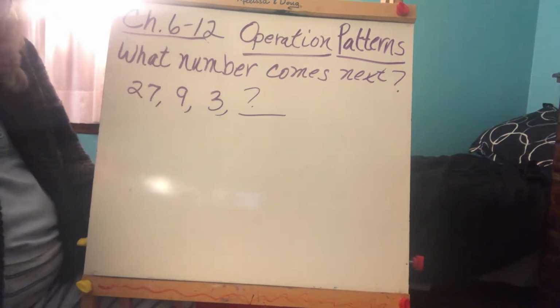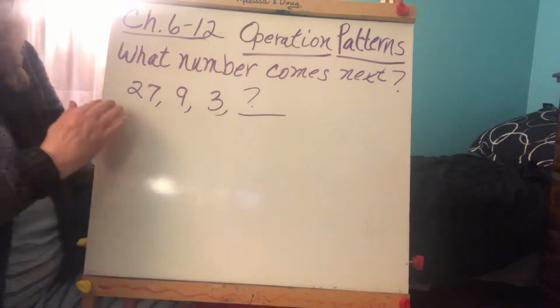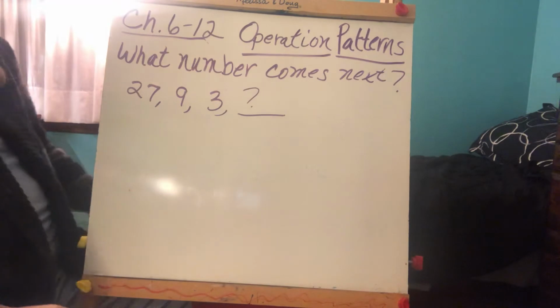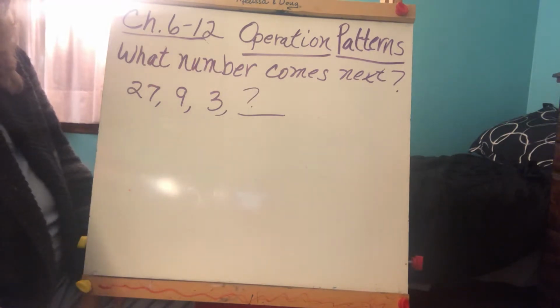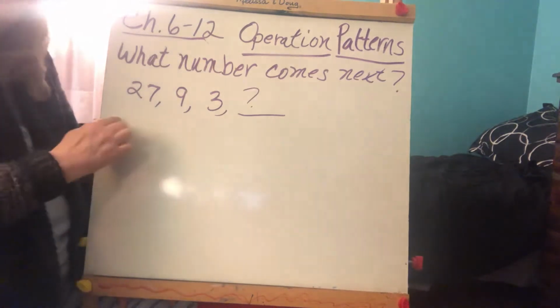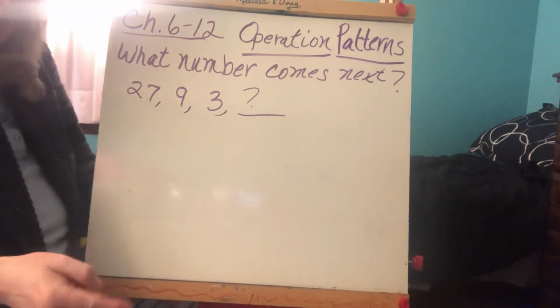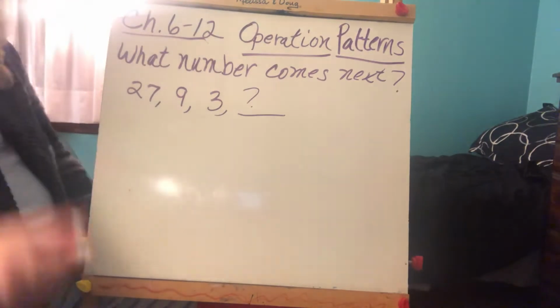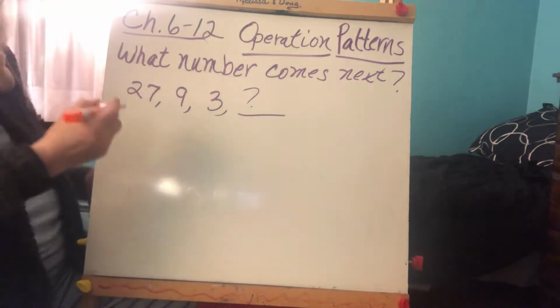Alrighty, so what that means, operation pattern means when you're given a set of numbers that are separated by commas here, and they're asking you what number comes next. They want you to look at the numbers that they give you and figure out if there's a pattern there and what the pattern is. So you need to think to yourself,